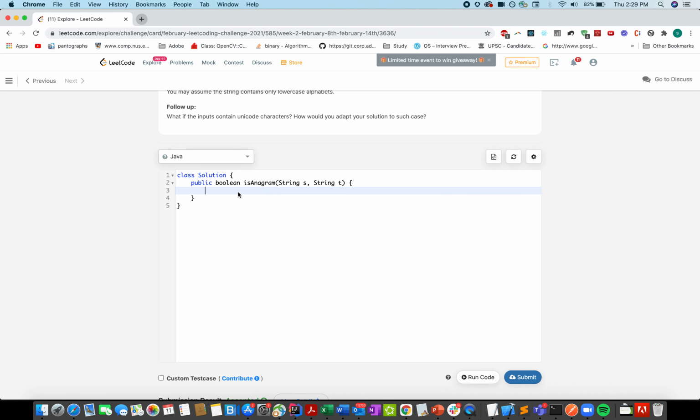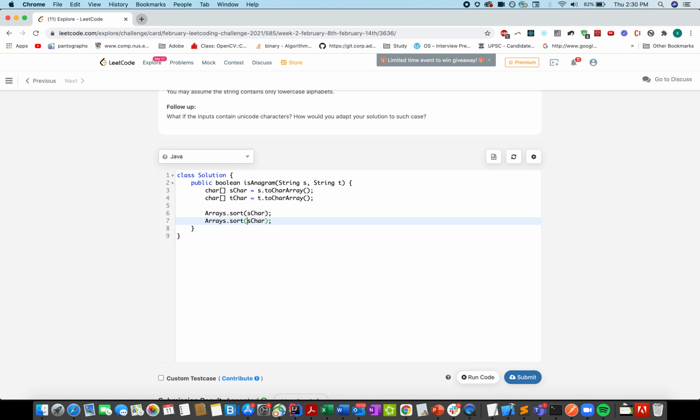Solving the problem by first approach, char[] sChar equals s dot toCharArray. Similarly, creating a character array for t string, and let's just sort these up. Arrays dot sort sChar.